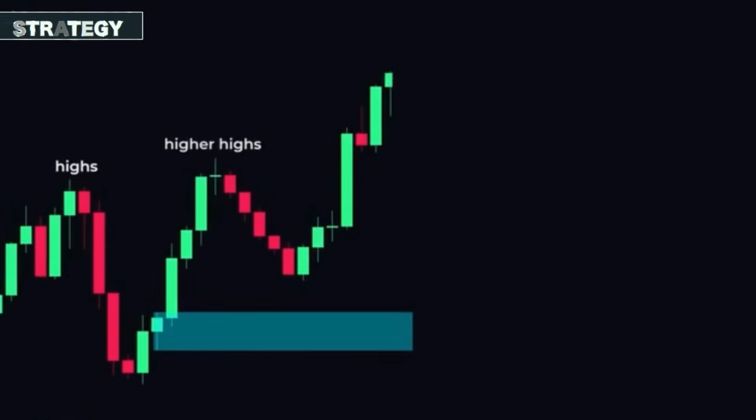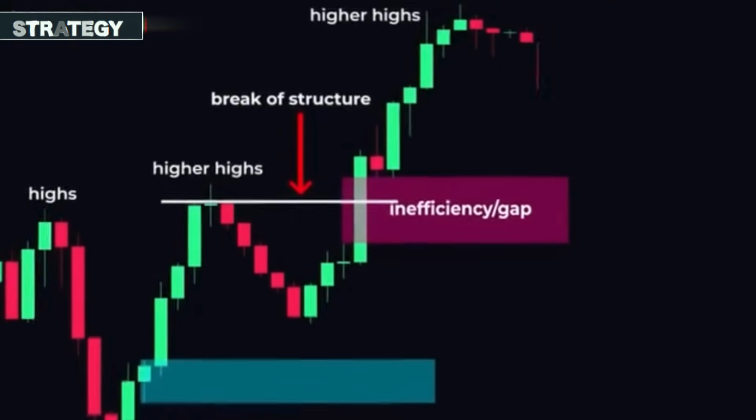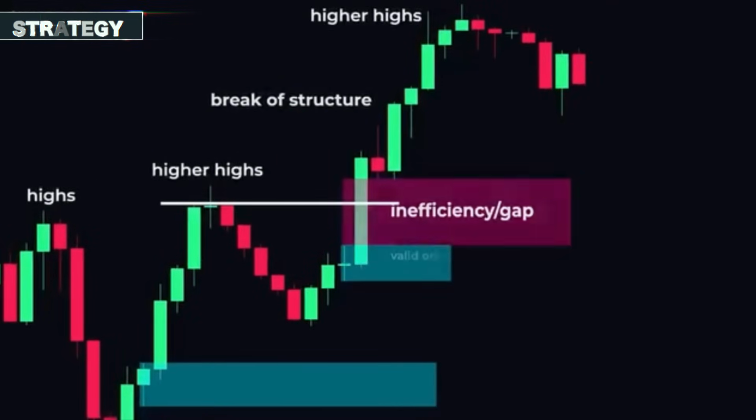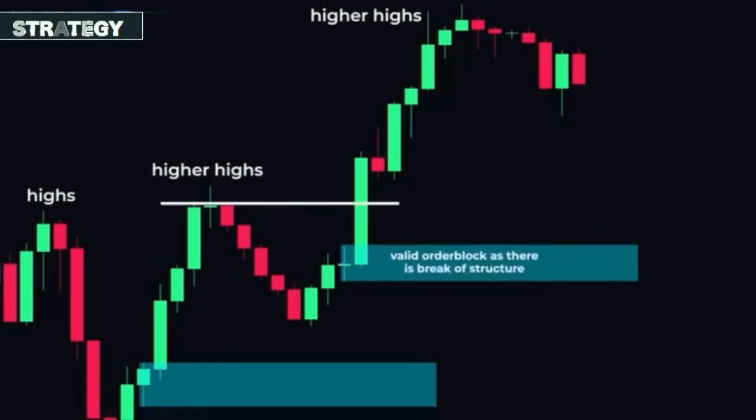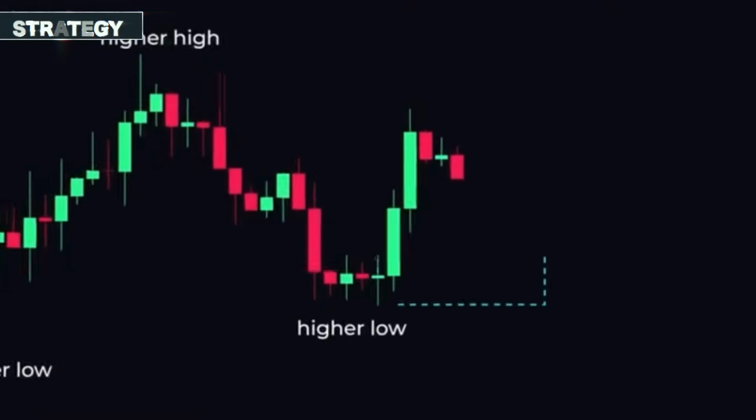And again, we see the price move significantly upward, coupled with inefficiency, followed by a break of structure as the price forms higher highs. So this makes it another valid order block that we can draw. Now let's look at another example. In this chart, the price is forming higher highs and higher lows, and we have a possible order block here